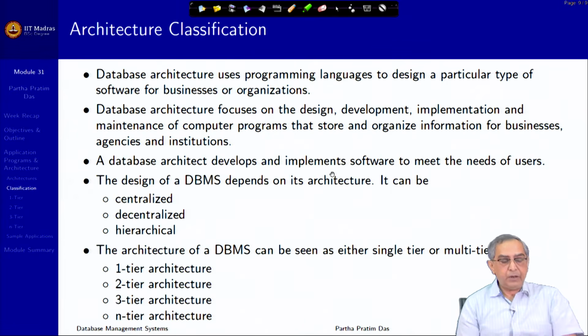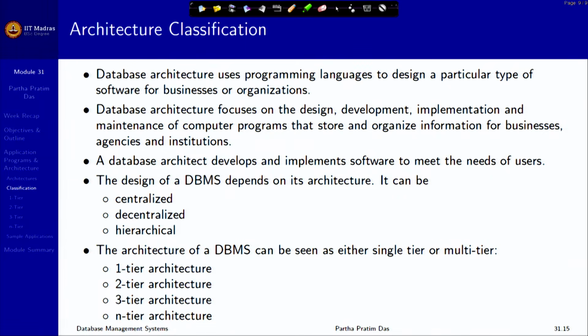So, that gives us an overall idea about the architecture of a web application with a database in the back, and so a database architect typically develops and implements this kind of an architecture,